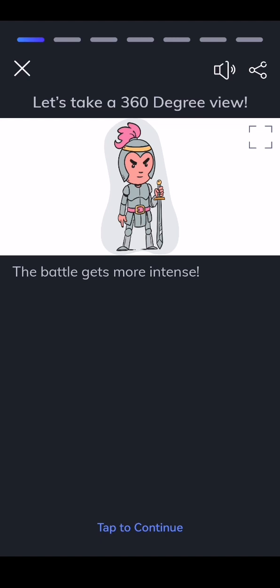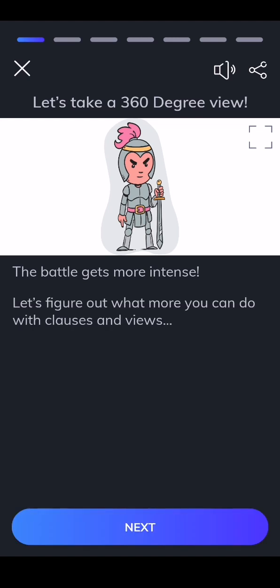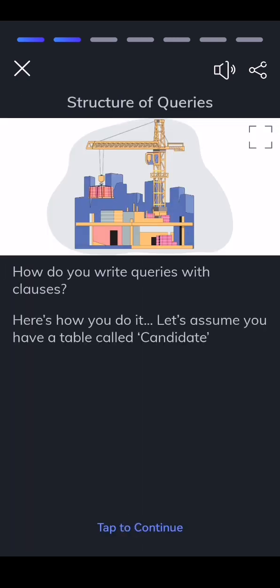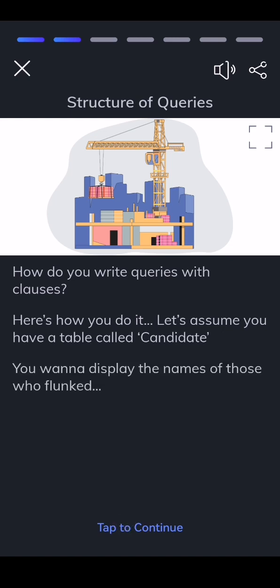The battle gets more intense. Let's figure out what more you can do with clauses and views. How do you write queries with clauses? Here's how you do it. Let's assume you have a table called candidate. You want to display the names of those who flunked. So, the query would be: